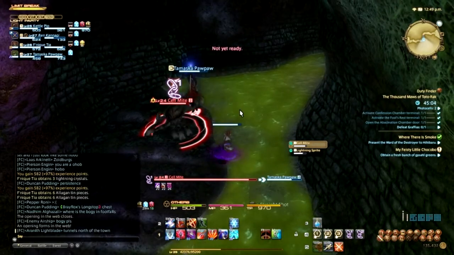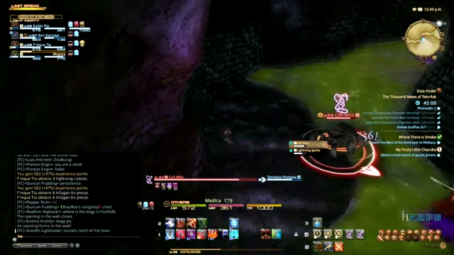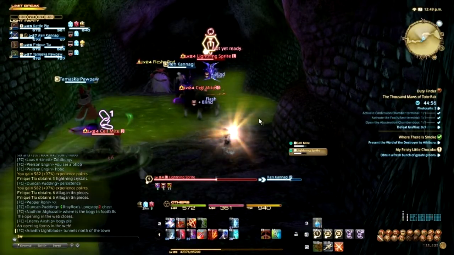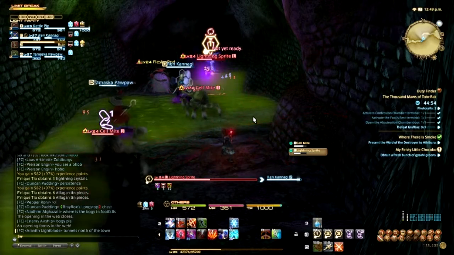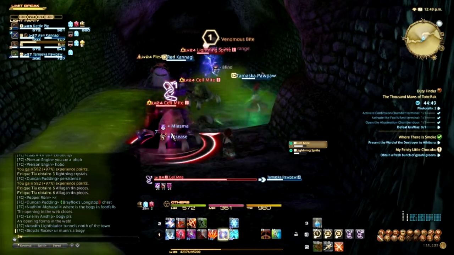So I think, right, I'll bind it again and leave it there. That's absolutely safe. That will be absolutely fine. And switch back onto the primary target. All good. So the Arcanist is still shooting at the mob that I keep binding, and I try to bind it again,